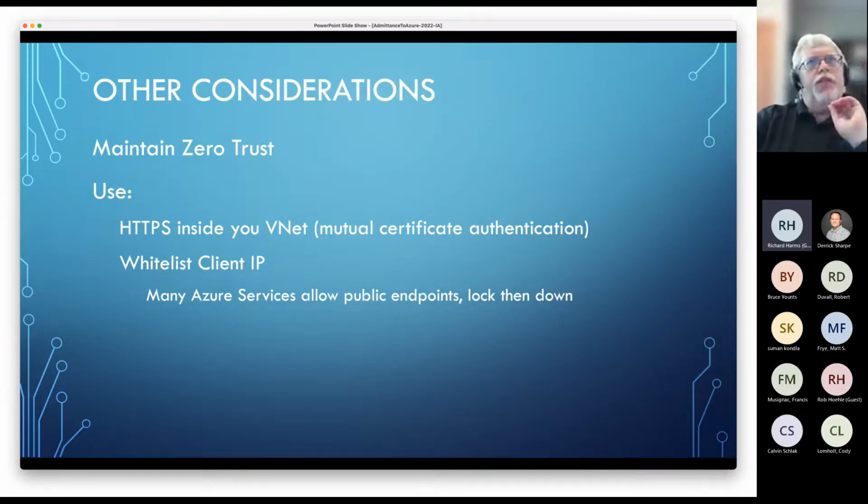You have a presentation coming up in 2 weeks, I think, on maintaining zero trust. I highly recommend that. Sit in on that, learn more about it, because we can't really trust. In the good old days when I had my own data center, I would build out my outside firewall, my inside firewall, and if I'm inside the firewall, I'd say, oh, I can probably trust other people inside my company. But